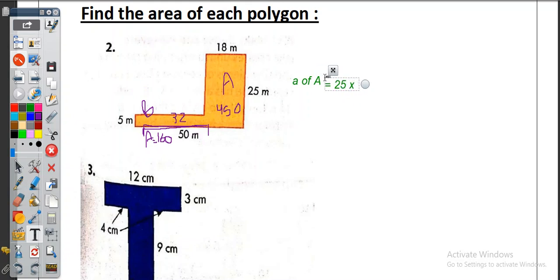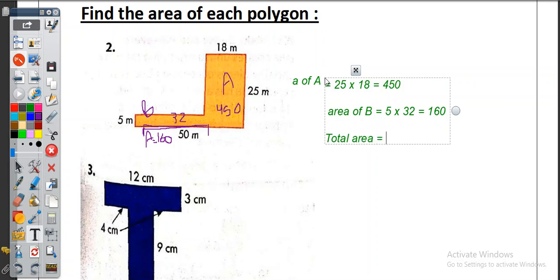25 times 18 equals 450. Area of figure B equals 5 times 32 equals 160, and the total area equals 160 plus 450 equals 610